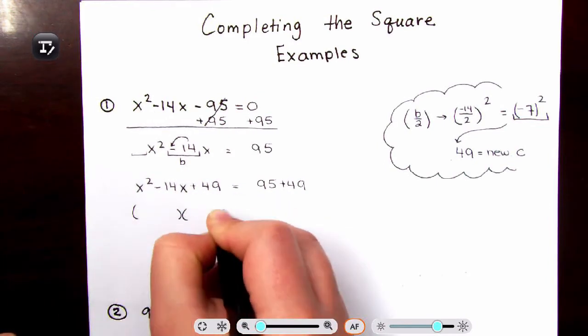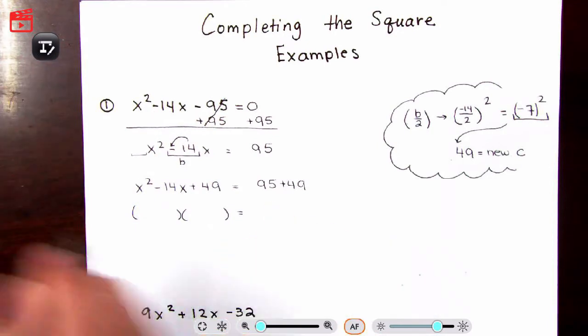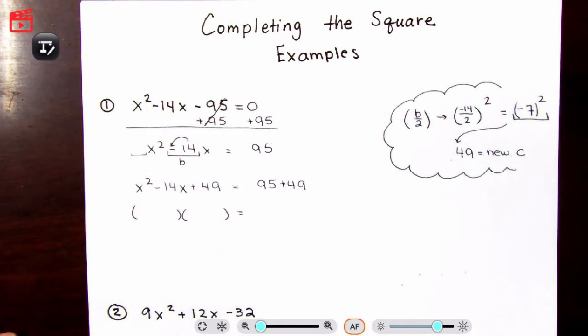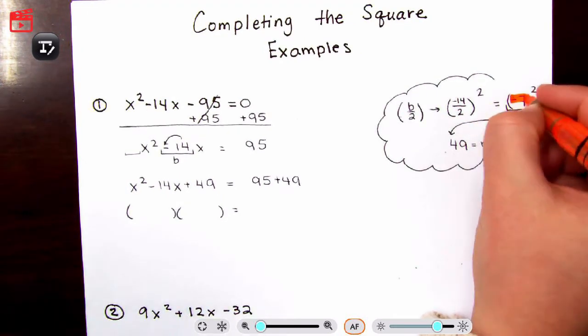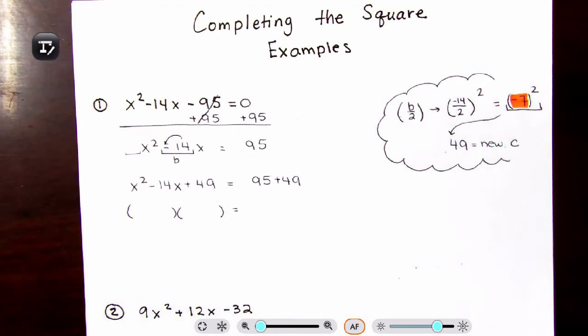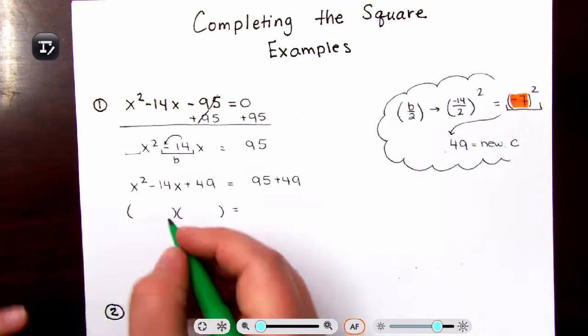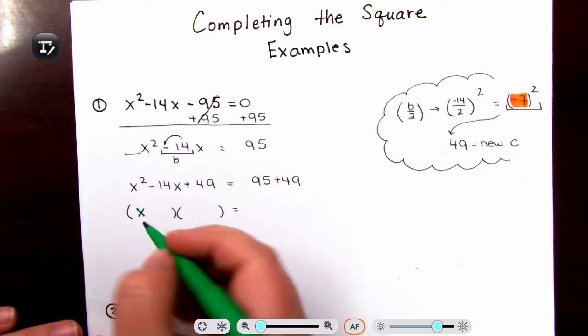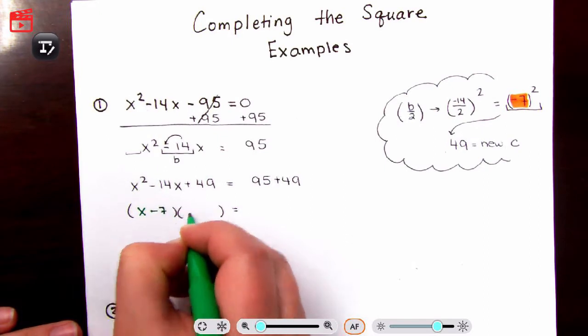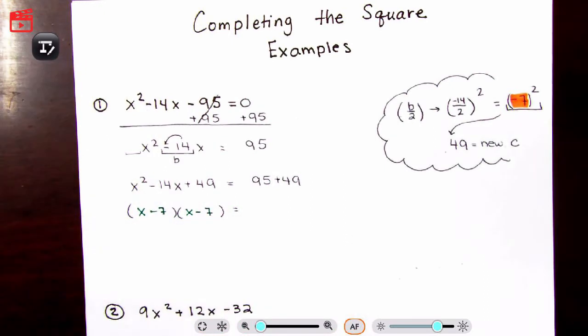Now, if you watched my previous video, you know there is a secret step here or a secret cheating method. Your b divided by 2, that's going to be your factors. So my b divided by 2, before you square it, so this negative 7, that's going to be my two factors here. So I have x minus 7 and x minus 7 as my two factors. And then I have 95 plus my 49, which gives me